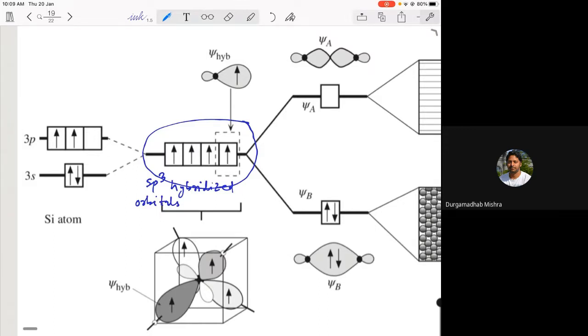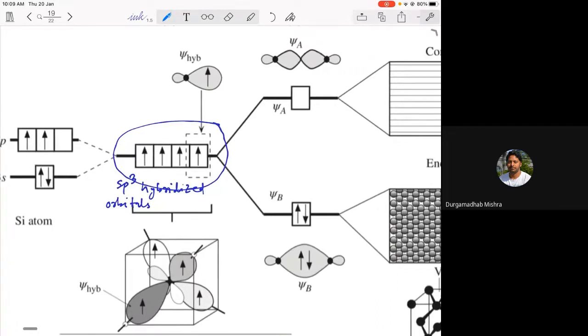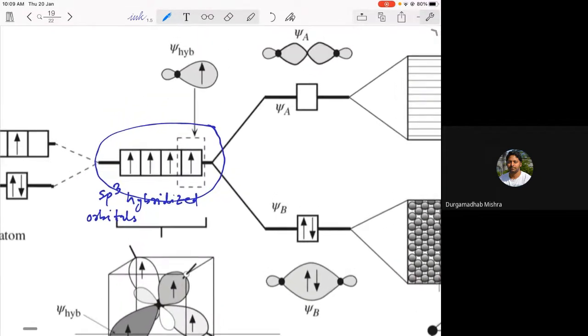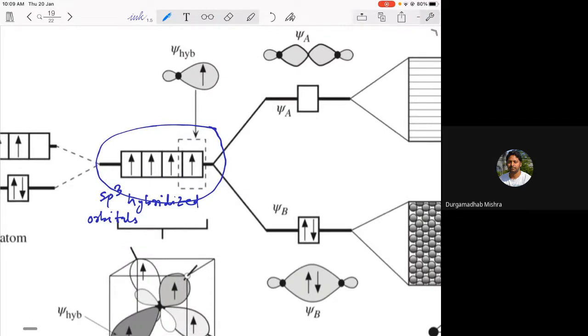But in case of silicon, the difference is the atomic orbitals first form the hybridized atomic orbitals, and these hybridized atomic orbitals then form the bonding and anti-bonding molecular orbitals. So the geometry again is the tetrahedral geometry. So now you have these bonding and anti-bonding orbitals, and therefore you will have